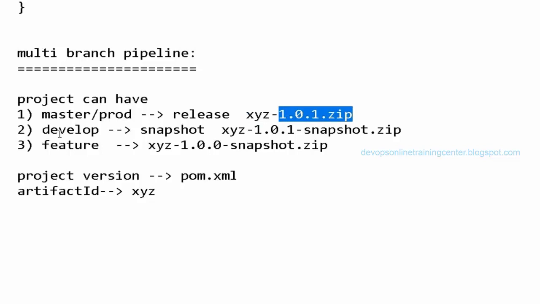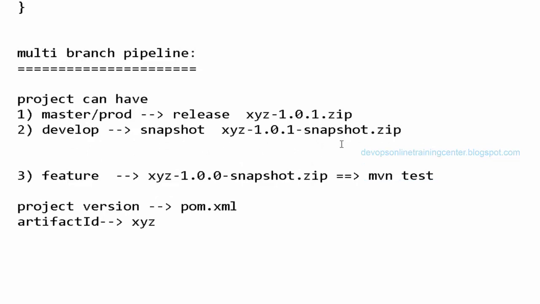So a project can have different branches. So we need to define the behavior based on the branch, right? If it is a feature branch, I can have something like just build it, just execute mvn test, right? And don't upload it to Artifactory, because there can be multiple feature branches, right? So if it is a develop branch, yes, we want to build it and we want to store it on the Artifactory. So what are the things we need to do? mvn clean to clean the binaries, cache and all, mvn test to test it, and then mvn package to create the package, then mvn deploy to deploy it to Artifactory or Nexus, right?